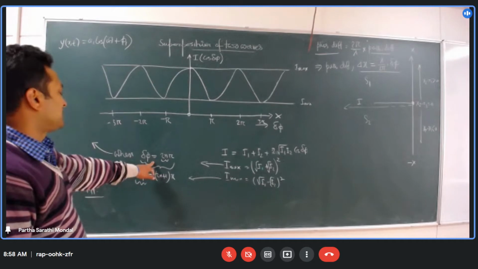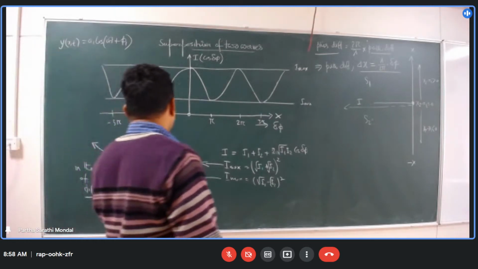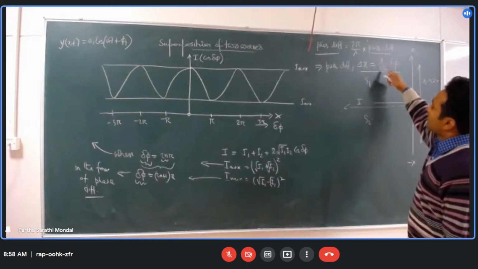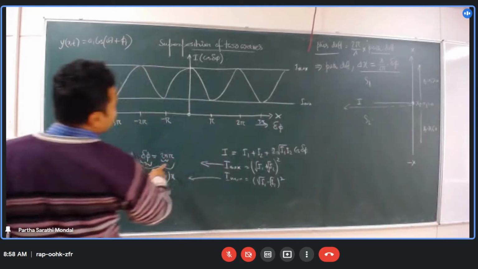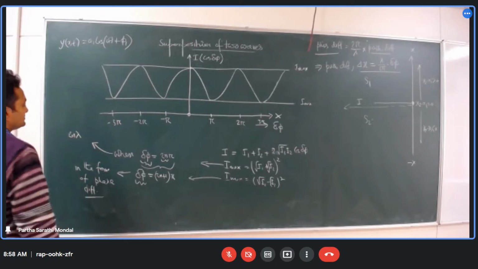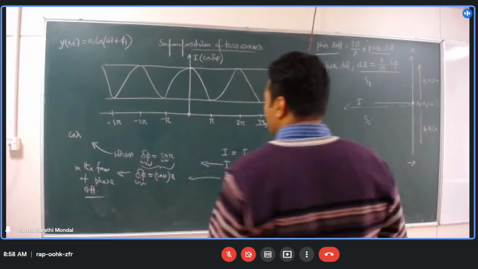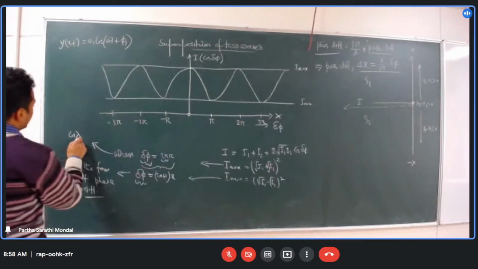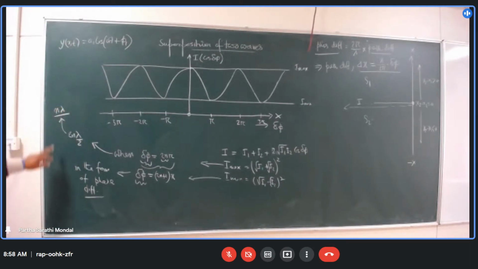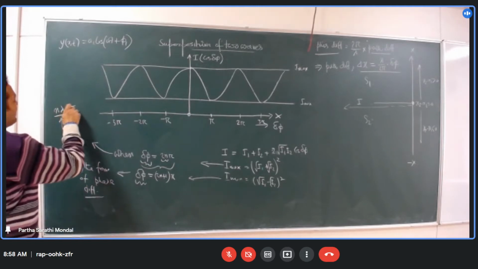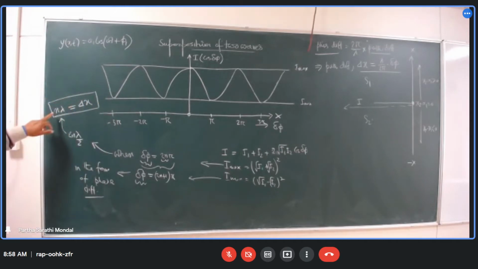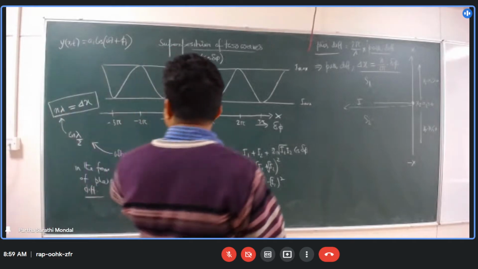तो if I want to change this one, तो कितना होगा? ये delta phi आपको phase difference दिया गया है. So if you want to find out, you have to just multiply lambda by 2 pi. So if you multiply by lambda by 2 pi, you will get 2n lambda by 2, that means n lambda. So if the path difference is an integral multiple of lambda, then you will get maximum intensity.